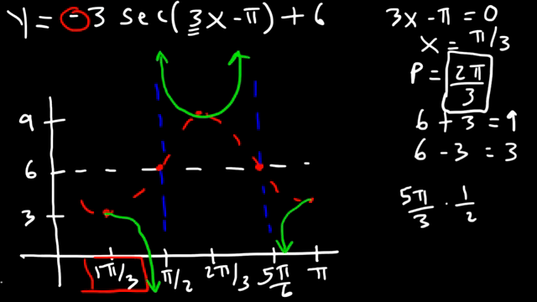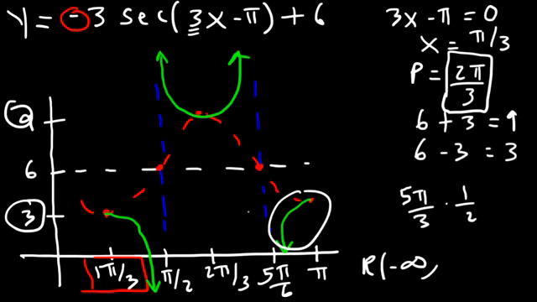So now let's talk about the domain and range. So first, the range. The lowest y value is always going to be negative infinity. The two points of interest are 3 and 9. The first part of the secant function stops at 3. It includes 3. And then union, it starts back up at 9 and goes all the way up to infinity. Now for the domain,